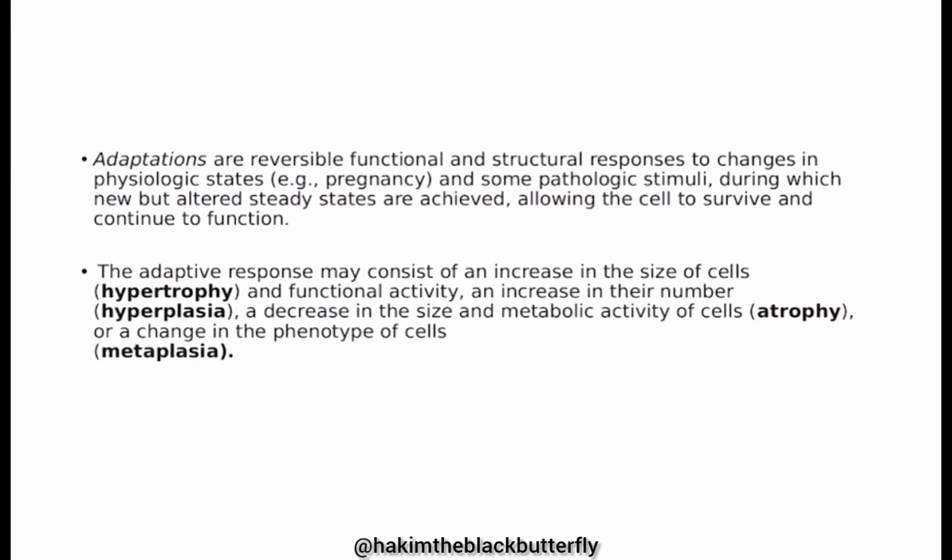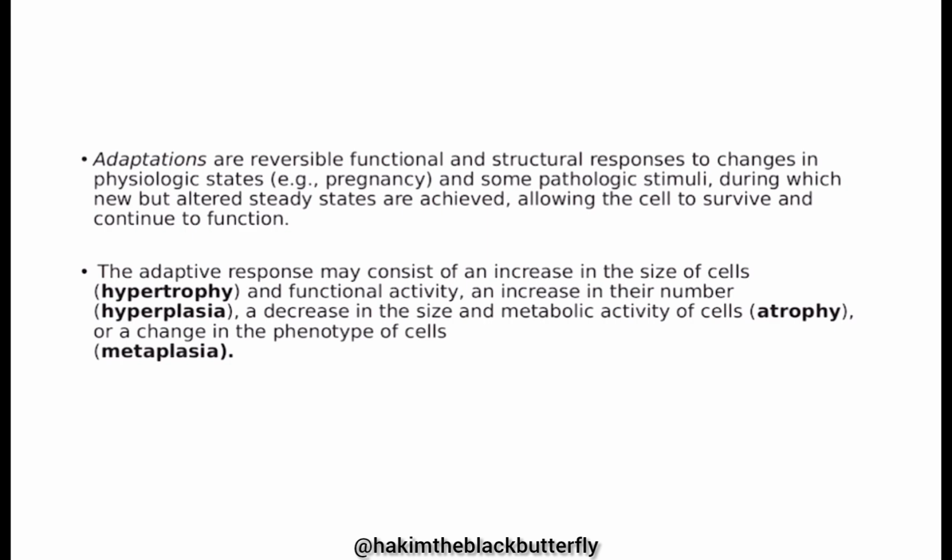Another adaptation is metaplasia. Metaplasia means the cells change from their normal shape to another shape, just in a way to survive in the toxic environment. You remember the types of epithelium? Don't forget the types of epithelium: the squamous epithelium, columnar epithelium, or transitional cell epithelium. The type of epithelium can change from one to the other in a way to survive. The commonest example of metaplasia is seen in the lower part of the esophagus, where we know the lining of the esophagus is squamous